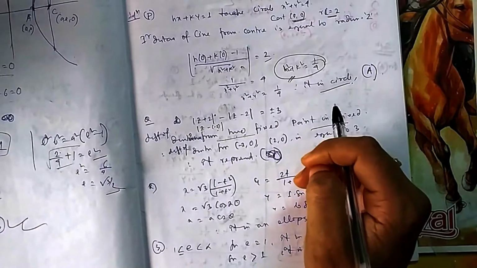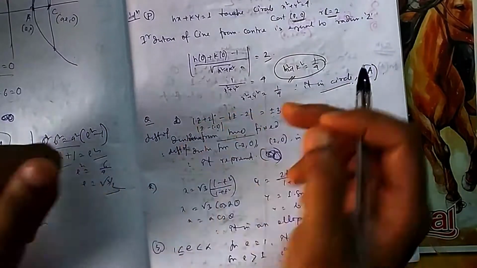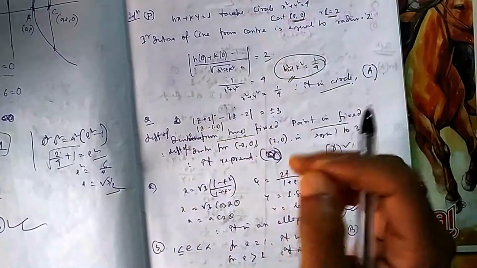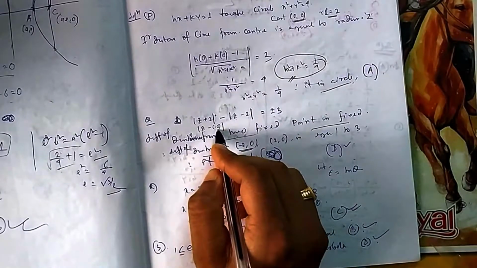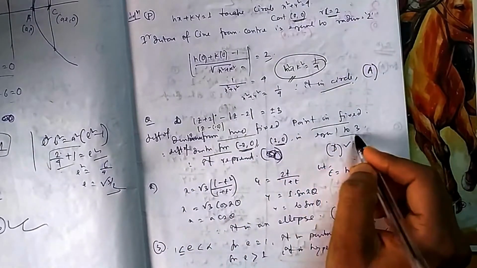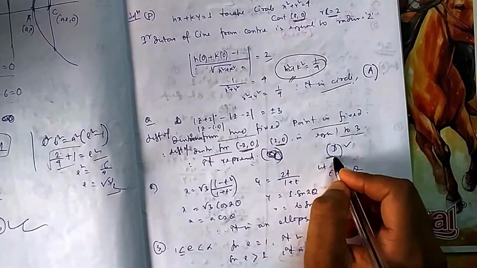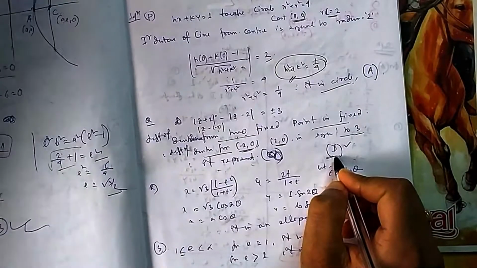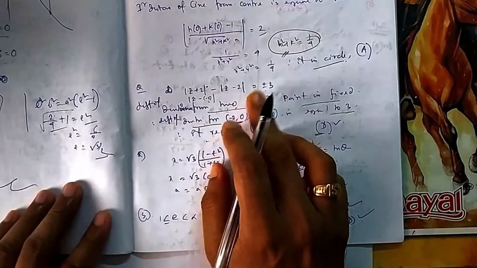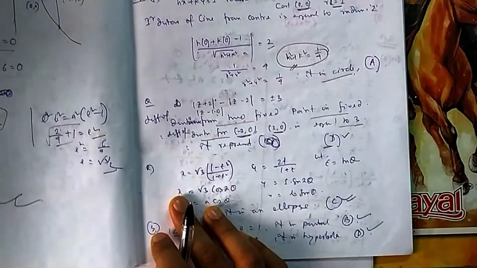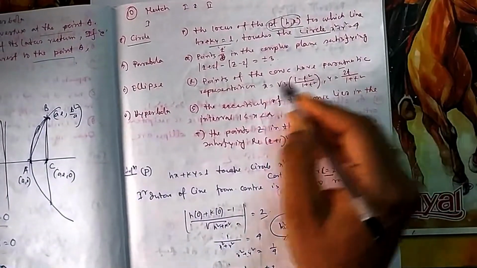What is that? If the sum is fixed, then it is an ellipse. If the difference is fixed, then it is a hyperbola. So the difference of distances from these two points, one from minus 2 comma 0 and one from 2 comma 0, is always 3, which represents a hyperbola. It was a condition for the hyperbola. For an ellipse the sum is fixed, as in the experiment we did in the first class of the ellipse. Next, the point of the conic represented by this.